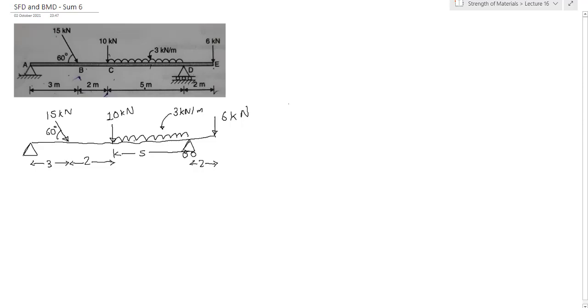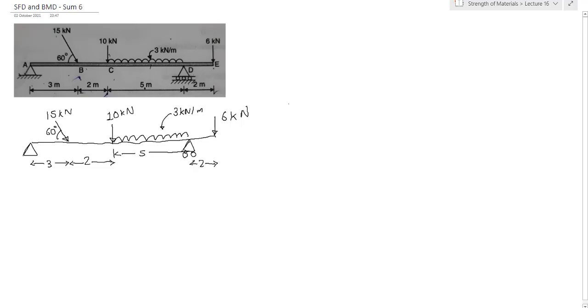So we have all these forces. What will be the reaction forces? The reaction force at A, because A is a hinge joint, can provide both force in the Y direction and force in the X direction. So we can consider both. Right now we are not concerned with axial forces. In the next sum that we will solve, I will also introduce the concept of axial forces in this sum also.